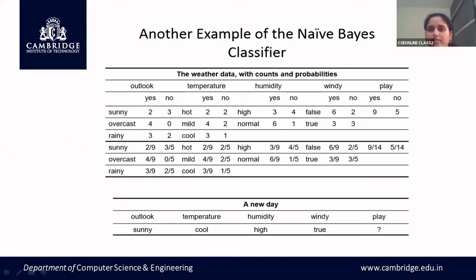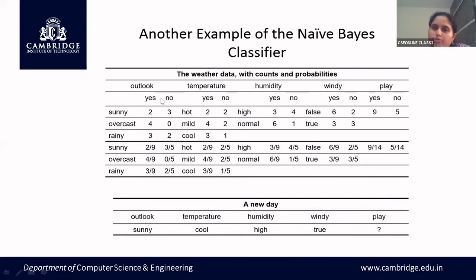Now this is another example, the same example I have taken. Here the probabilities are already given. Take this weather data set where you have outlook, temperature, humidity, windy, and play. This is your class label. According to the class label, they have given 9 as yes and 5 as no. If you are able to write the entries with respect to this table, then it would be easy to apply any of the classification methods if you deal with the problem in tabular format.